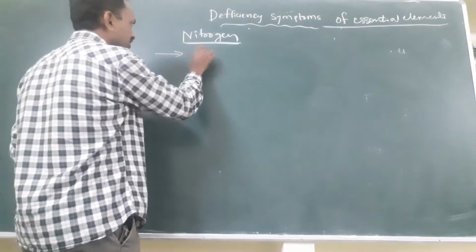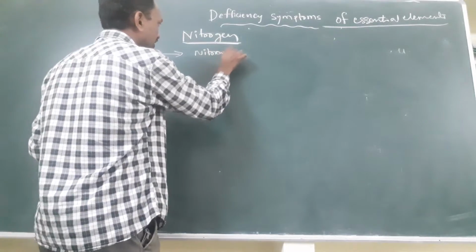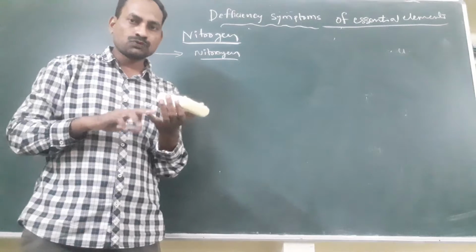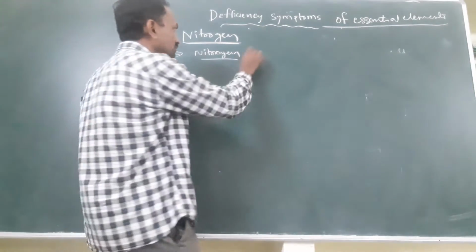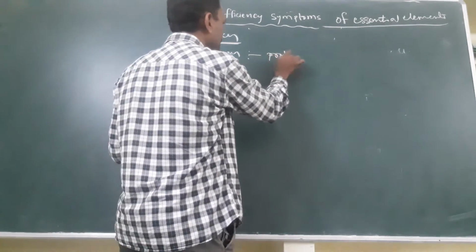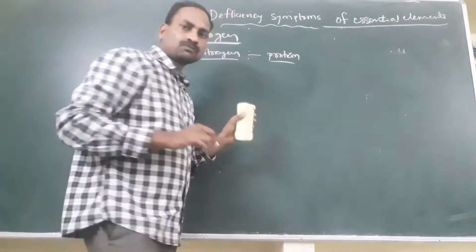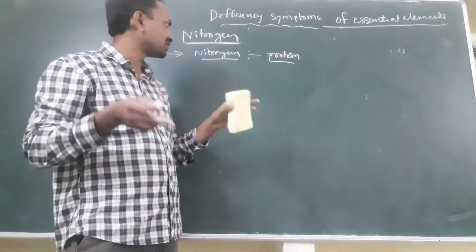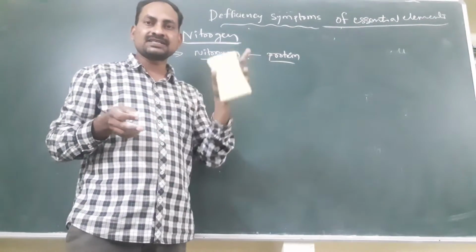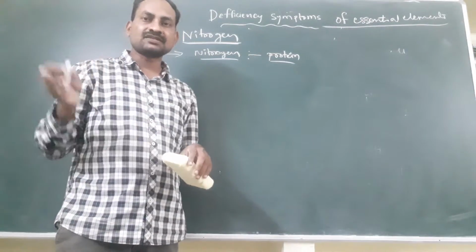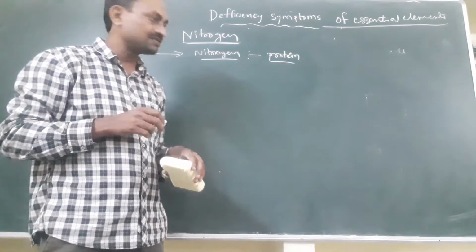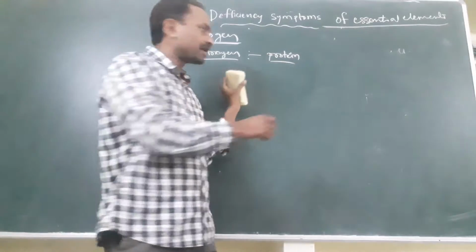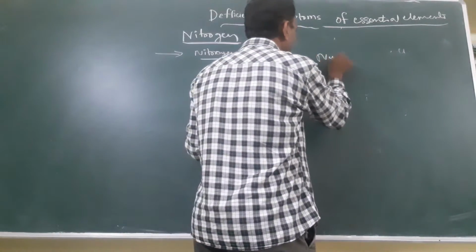And nitrogen is present in large macromolecules like proteins. We know that protein is a polymer of amino acids. If you see the structure of the amino acid, nitrogen is present in it, and nitrogen is essential for the construction of amino acids. So nitrogen is very essential for the synthesis of protein, and similarly nucleic acid.